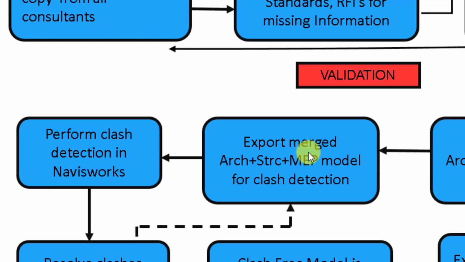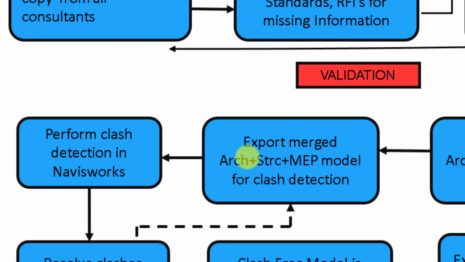Then we export the merged architecture, structure, MEP model for clash detection. So we export this model for the clash detection purposes. We have to detect what clashes are there inside these different disciplines. Obviously, there will be a lot of clashes, so we may not be able to identify them in the earlier stage